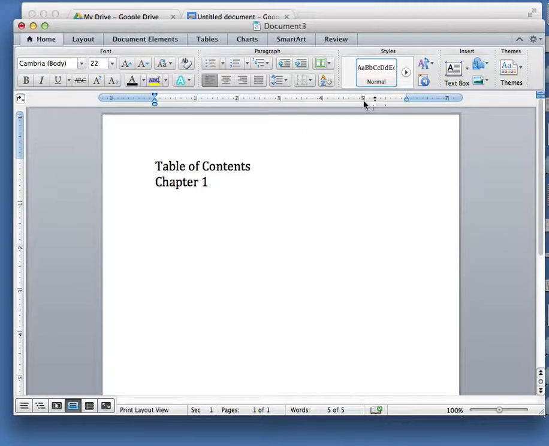I would press a left tab, and I press tab, and I would type the number 1. Maybe it's on page 1. Chapter 2, tab, starts on page 17. Chapter 3, tab, starts on page 33. If I highlight those 3 rows